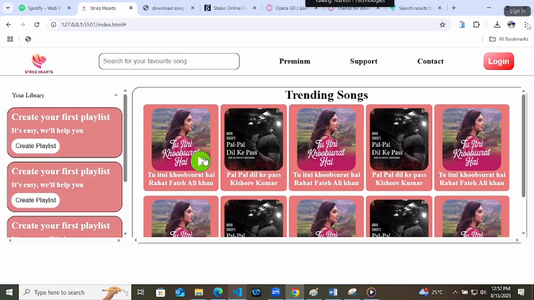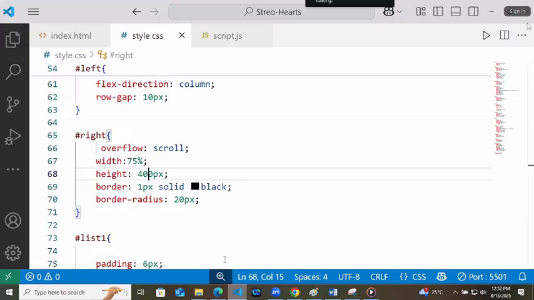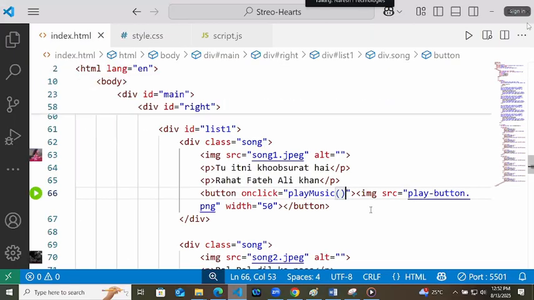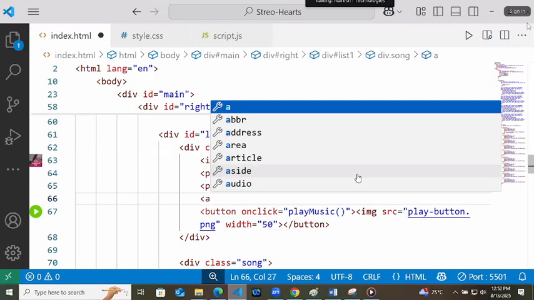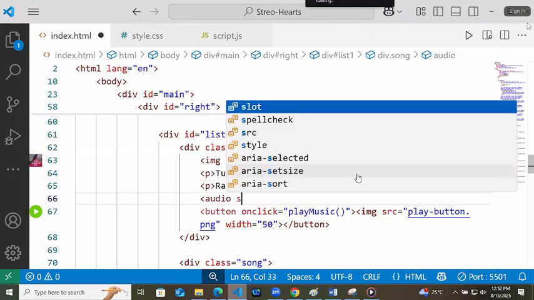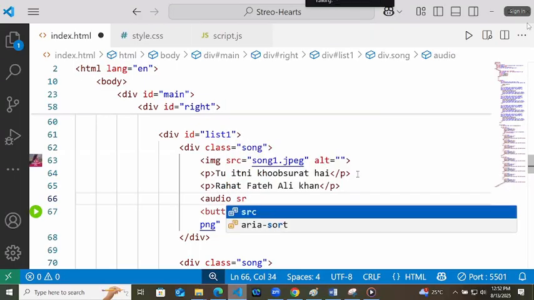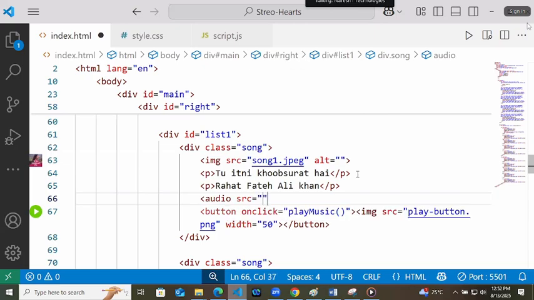For that, add the song 1 audio in the list 1. I will write the audio src equals to song1.mp3.